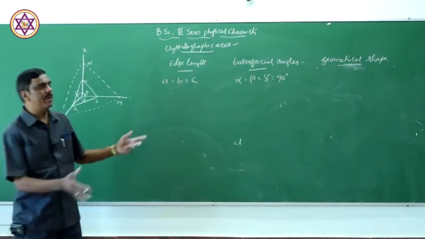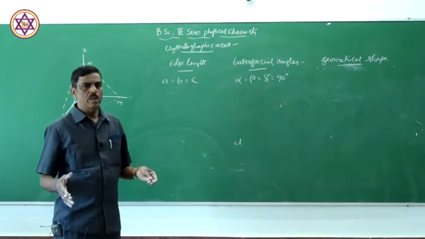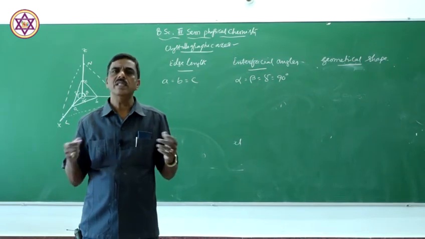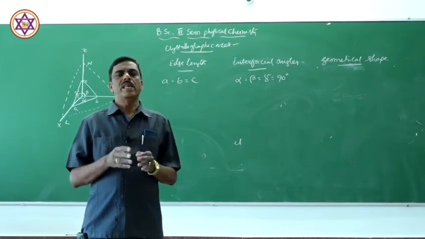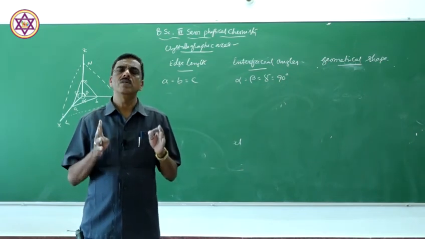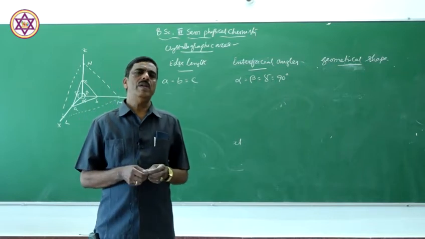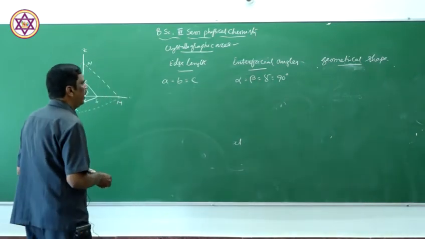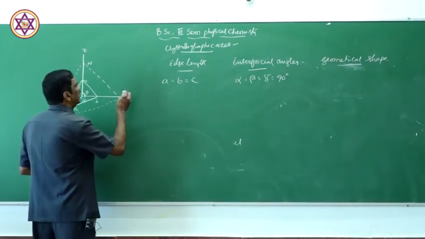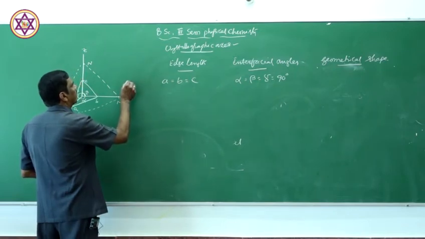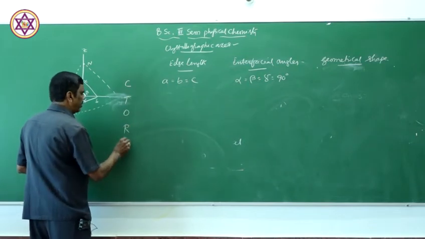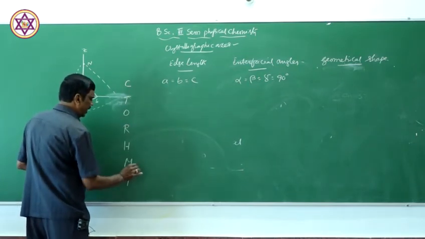There are so many other geometries. Totally about 230 geometrical shapes are possible in various crystals. All of them are classified into 7 types of geometrical shapes mainly. Those 7 types of geometrical shapes can be remembered using a trick, that is CT or HMT. This is the trick, CT or HMT.